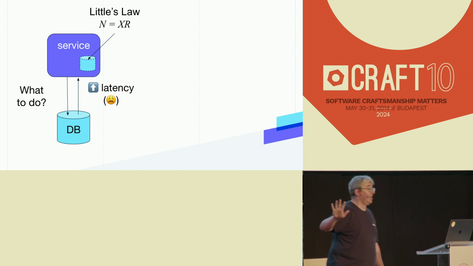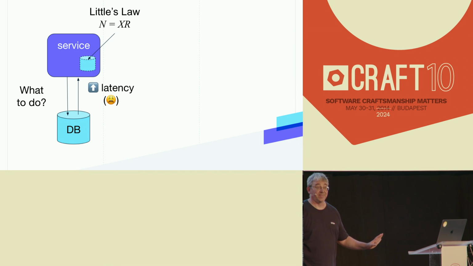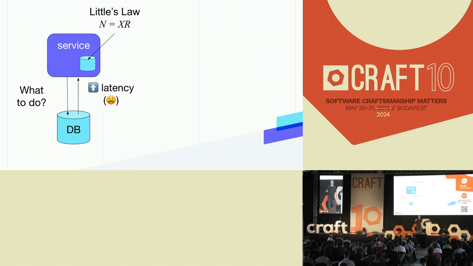But here's the cool thing. Little's Law is queuing theory. I'm going to give you a little basic on Little's Law. When you learn this, you know queuing theory, and when you're having drinks around beers and getting into some kind of technical discussion, you can just say, well, queuing theory says blah, blah, blah, and no one will argue with you because queuing theory sounds so intimidating. But this is so simple. It is just N equals X times R. It is no more complicated than that. There is no calculus. It is pure arithmetic.